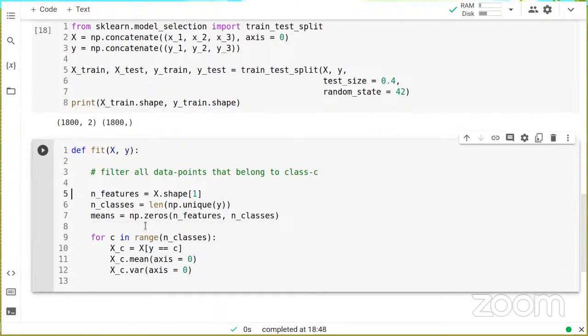Okay, so classes are indexed using 0, 1, 2. That is why this length of classes works for us. Even if we remove len, it will still work. Probably it returns 0, 1, 2, right? Yeah. Okay, fine, got it. But I want n classes to be a scalar, and I think this will return an array. I prefer to have n features and n classes as scalars.